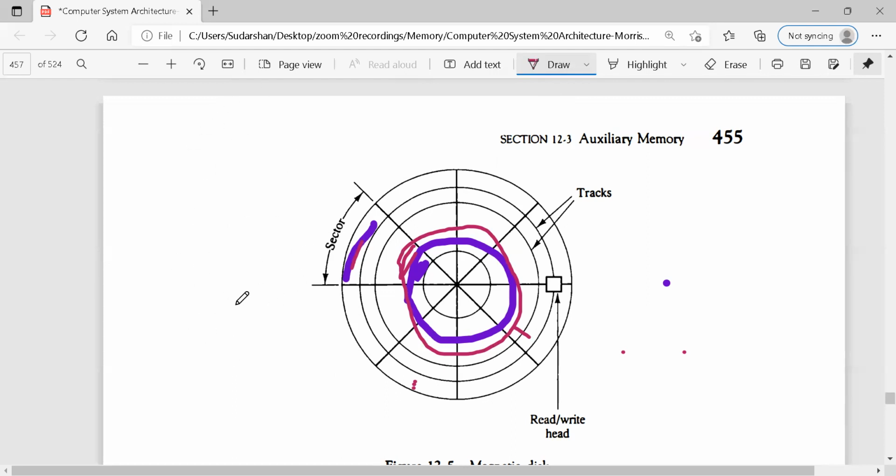What is the difference between a drum and a disk? Both can store the same amount of storage. In the case of a drum, it is slightly slower when compared with your disk because of its greater latency time. That's the reason why people prefer the use of disk when compared with the drum. Though magnetic drums were available in the olden days, people prefer to use only magnetic disks. So this is about the auxiliary storage device. We can discuss about